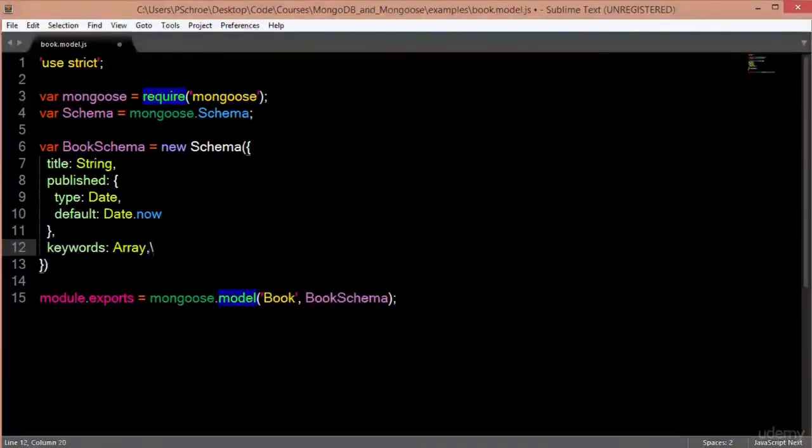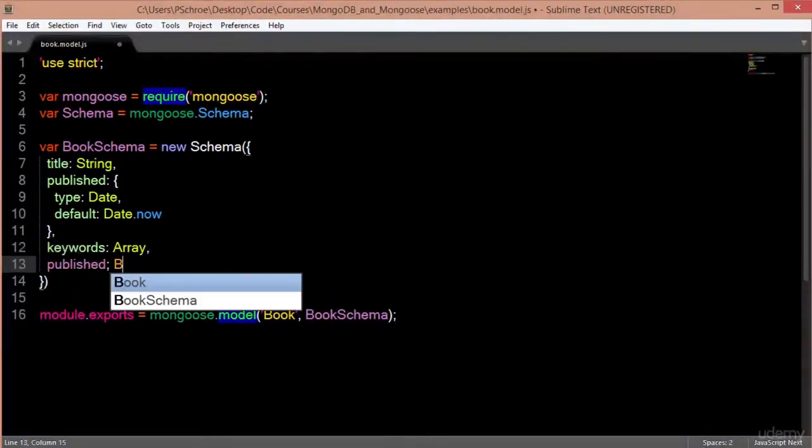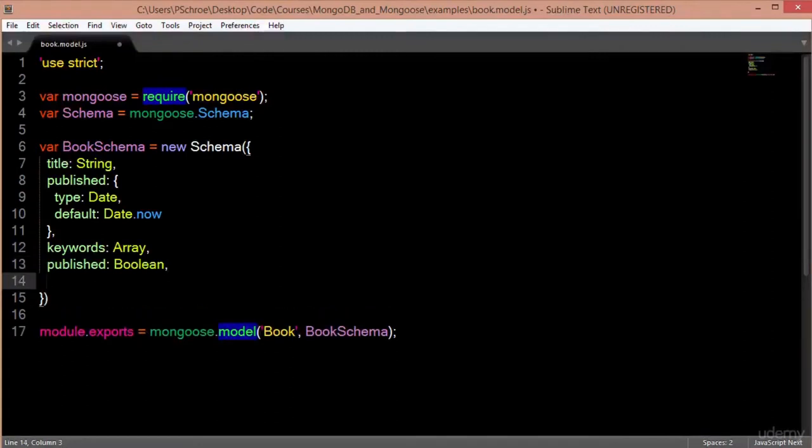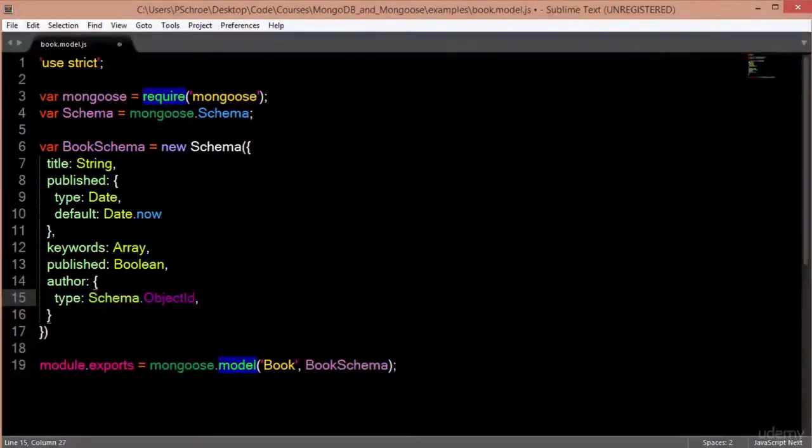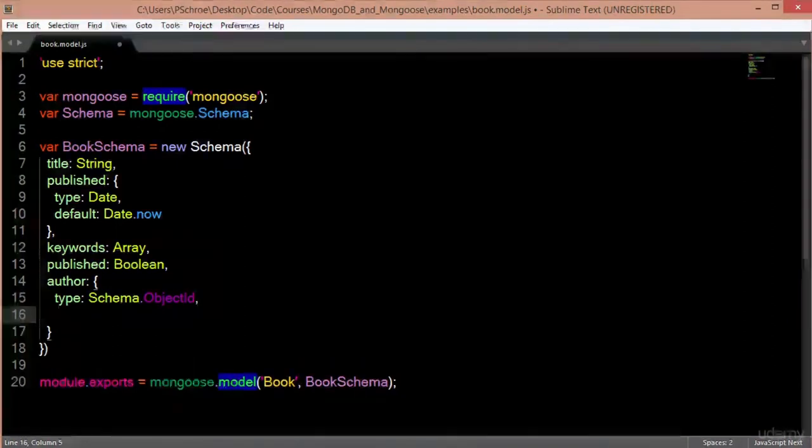We can set the keywords as an array. Published can be a boolean, so it can be true or false, published or not. We can set the author as a type schema.objectID, which will reference another schema or model that we've created in